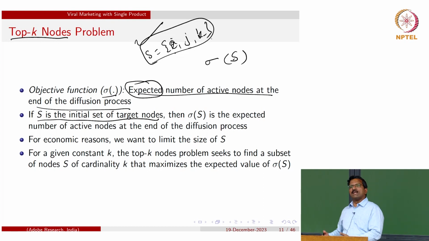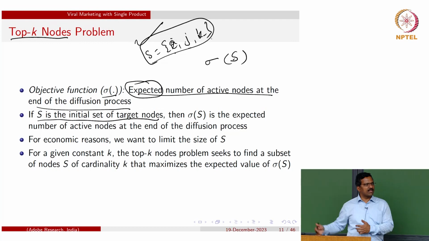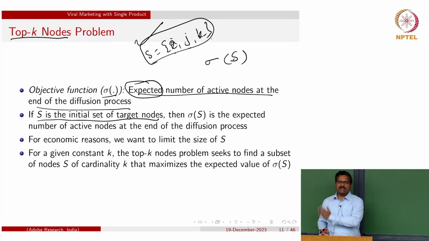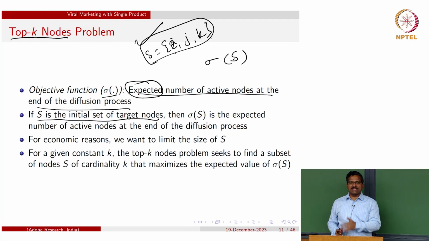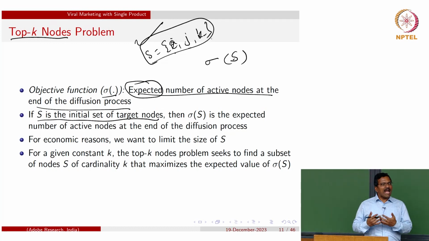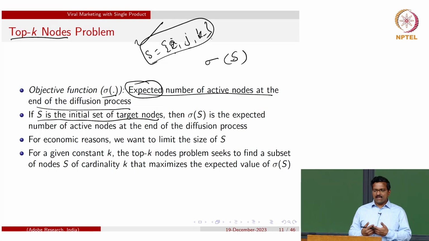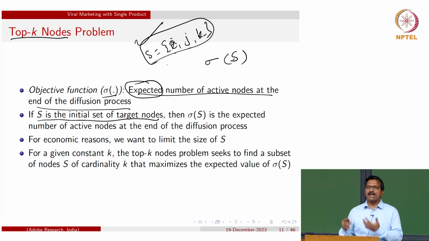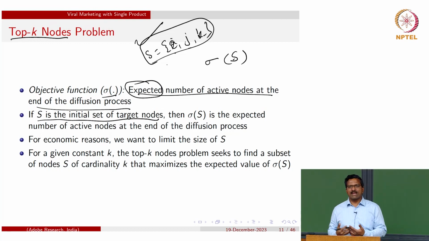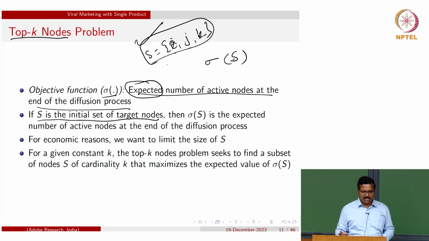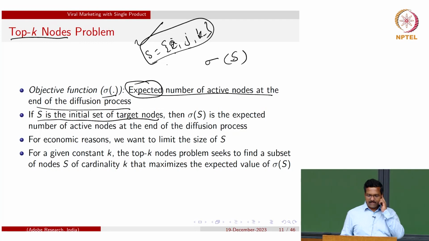In the first execution, some number of new nodes become active. Second execution, fix S only, because thresholds are changing, the number of activated nodes can become different. Third execution, again it can be different even though S is fixed. You repeat this 100 times and take averages. So that will be the average number of nodes that the nodes in S can in expectation make active. That can be some 10.5 or 11.9, something like that.